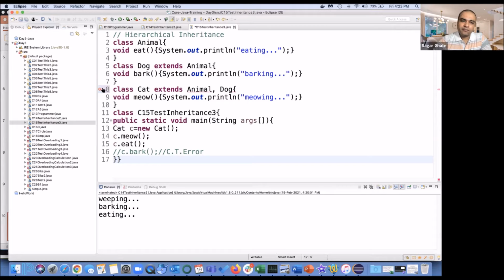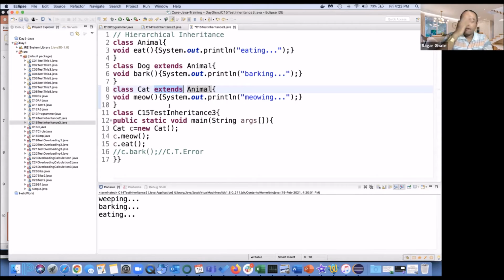It is saying syntax error, which means you can extend only one class in Java. I cannot extend more than one class in Java. I cannot extend two or three classes, which means you will always have one single parent for any child class at any specific moment.